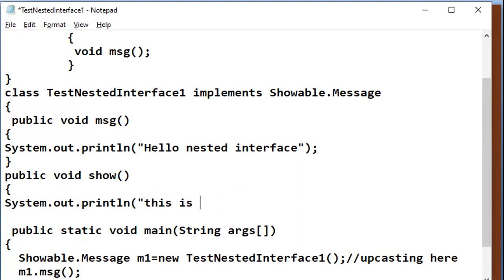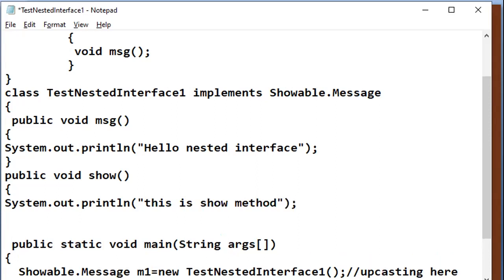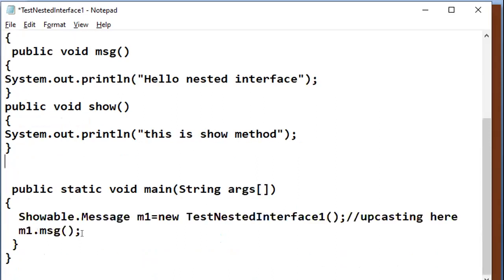So I am writing something like this, let's see if it executes. And here with the help of this m1, we need to call m1.show also. Show method also we need to call here. Let's check.